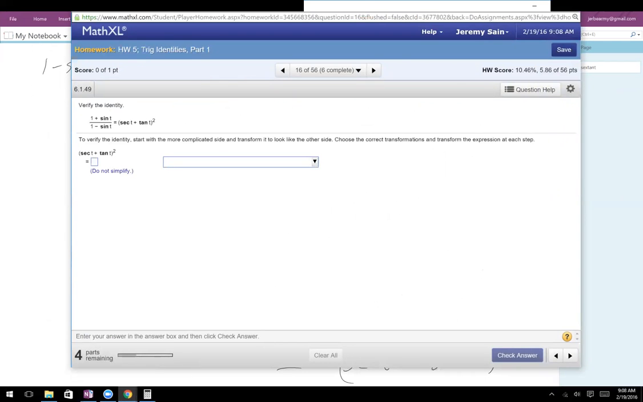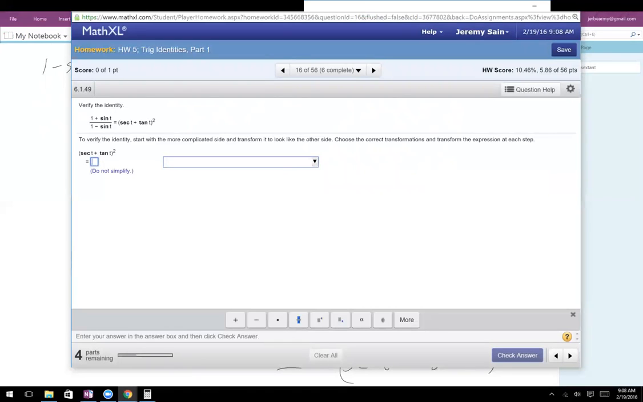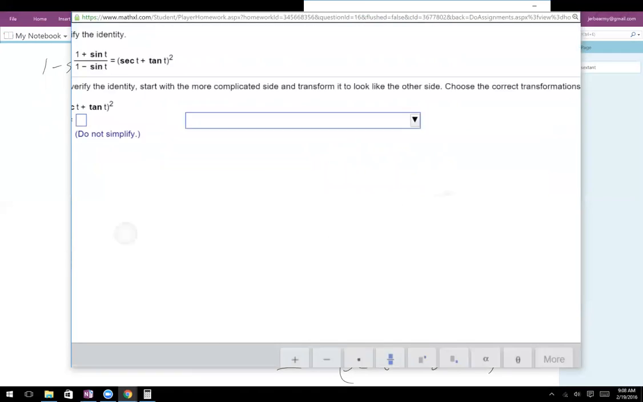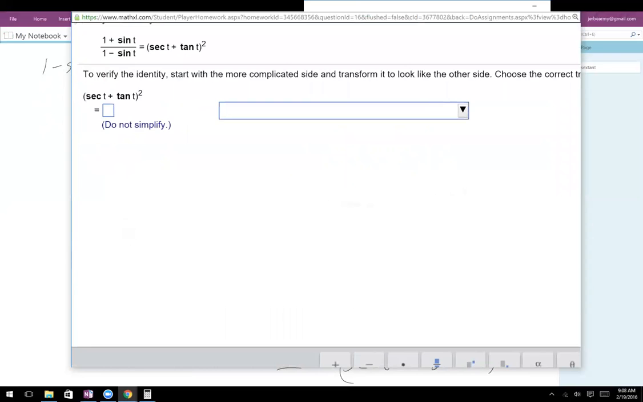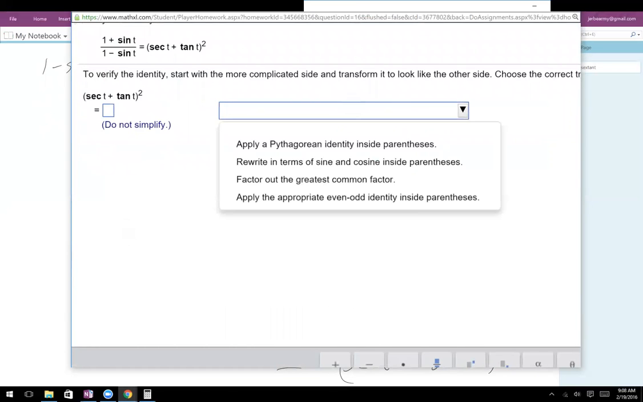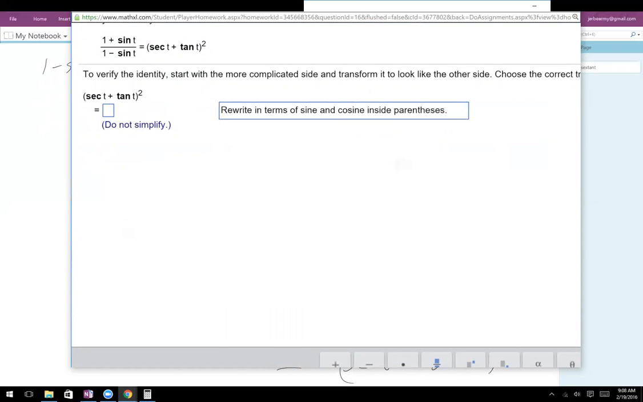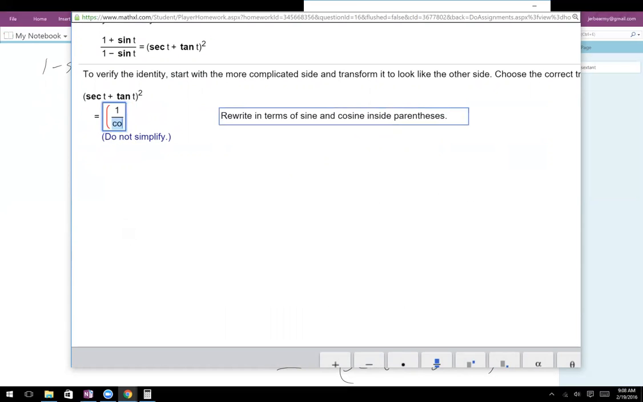Oh, except they're going the other way around. So we're going to go backwards because that's the way they have it in the problem. Oh, we already got the answer. Yeah, we got the answer, but first thing we're going to do is rewrite in terms of sine and cosine. So 1 over cosine t